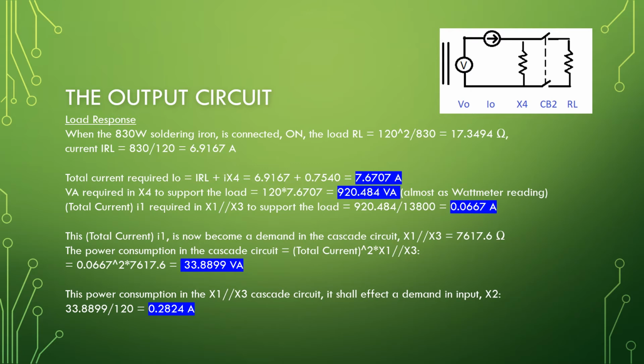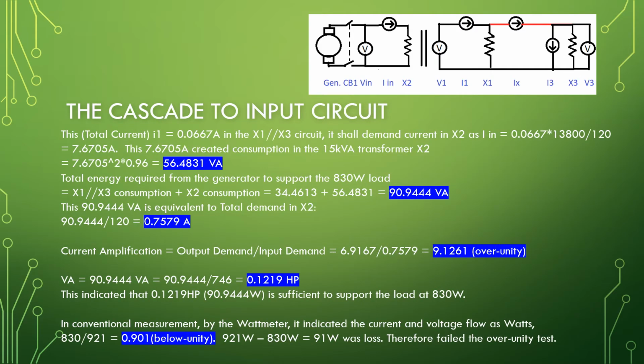33.8899 VA divided by 120 volt equal to 0.2824 ampere. This total current I1 equal to 0.0667 ampere in the X1 parallel X3 circuit. It shall demand current in X2 as I in equal to 0.0667 times 13,800 divided by 120 equal to 7.6705 ampere. This